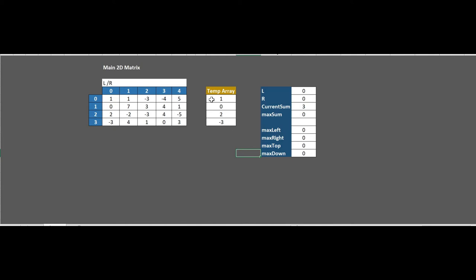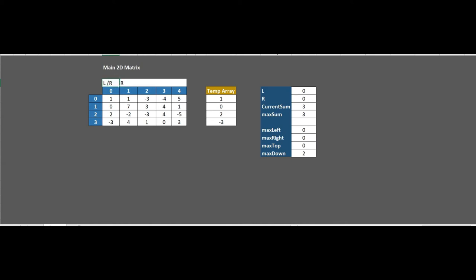And if we look here, the top portion will be 0 and the down portion is 2. So we will update this, and our maximum sum will also initially be 3, which is equal to the current sum. Then left and right values are not changing. Next, in the second iteration, we have to move right here.